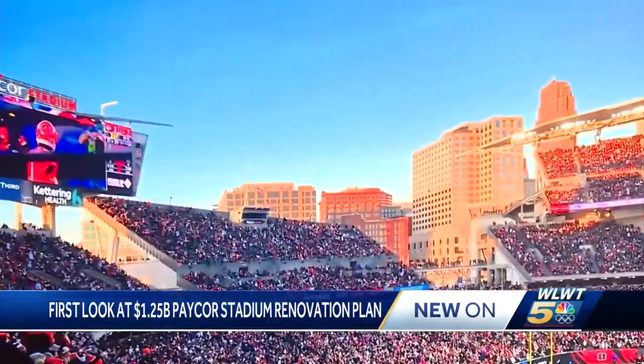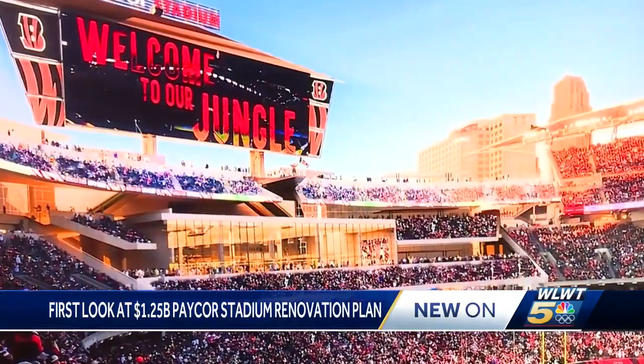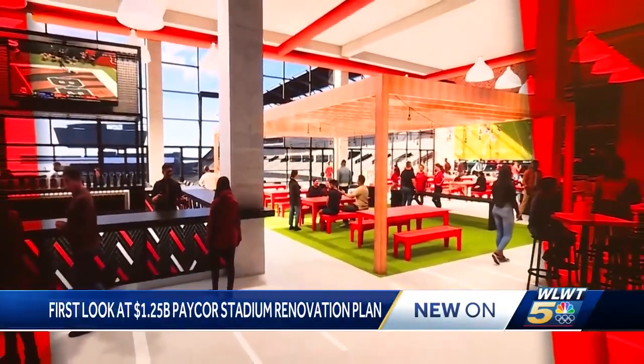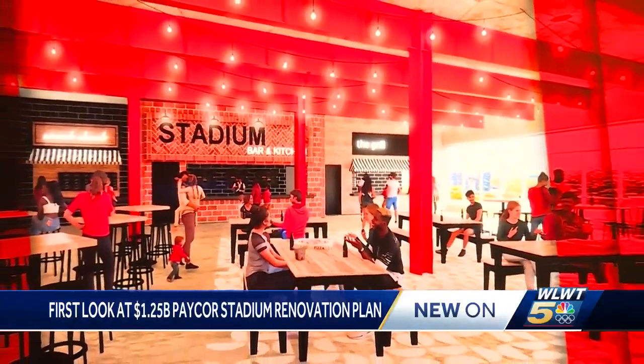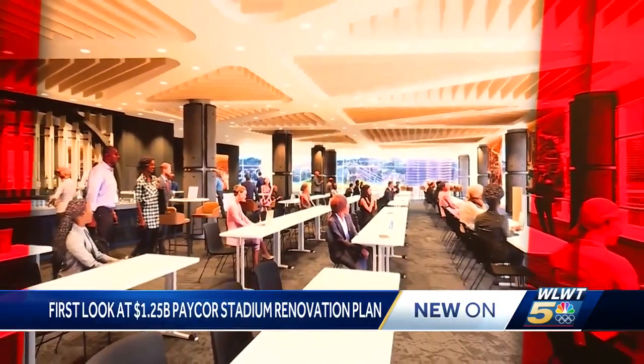On the inside, the north side of the stadium becomes enclosed. A massive scoreboard enters the picture. The stadium would connect seating areas with walkways and plaza overlooks. Interior fan spaces are also overhauled, but commissioners say there's another major upgrade that's needed too, the deal with the